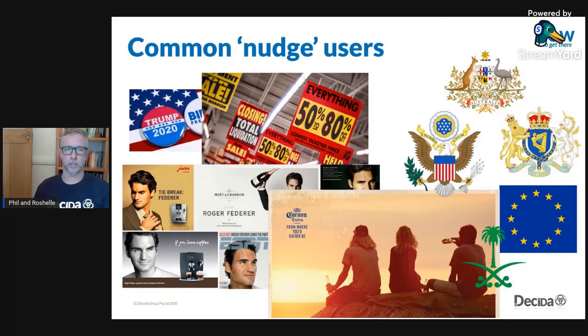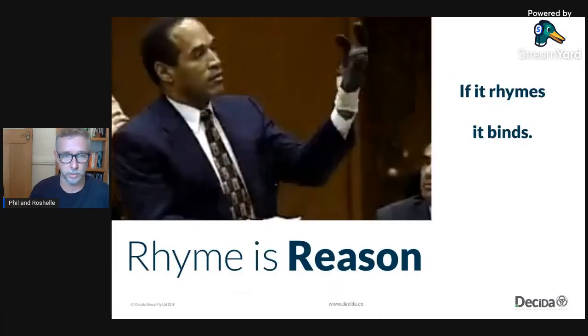And governments do this all the time, in terms of how to pay taxes. They do little tricks like, do you know that 60% of the people that live in your postcode pay their taxes on time? And just by saying that, you go, oh, okay, I'm more likely to go with the herd instinct, which is that there's safety in numbers, there's safety in the pack. This is a survival mechanism, and governments use those sorts of things all the time.